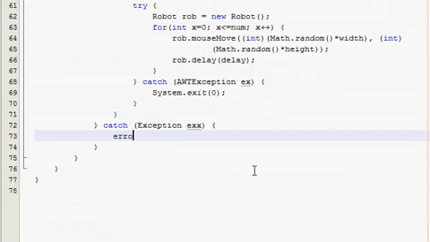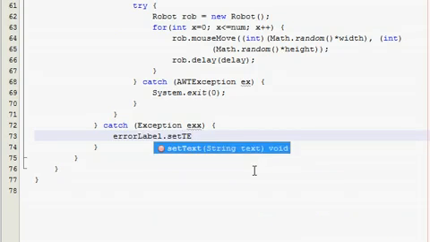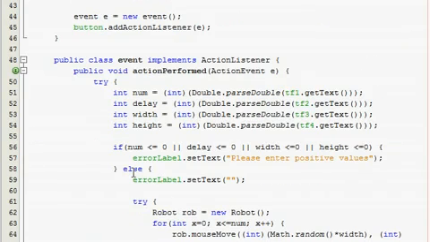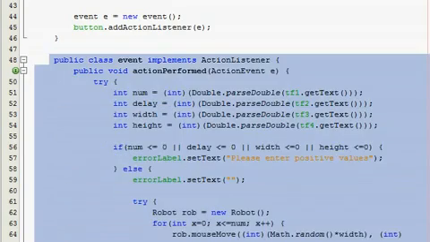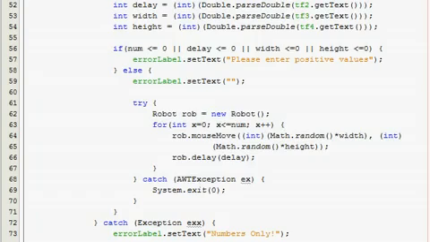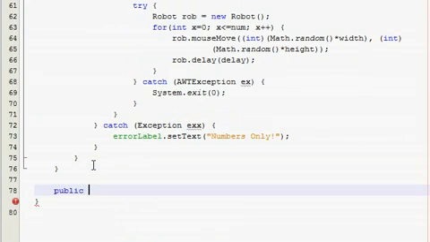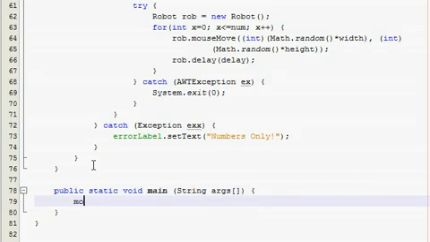and then scroll this up, error label dot set text numbers only. So if they try to enter something like underscore or an A or something like that, it's going to catch that. And thank goodness we are done with the action perform method, so that's good. So go down, main method time, public static main string args, and then mouse mover